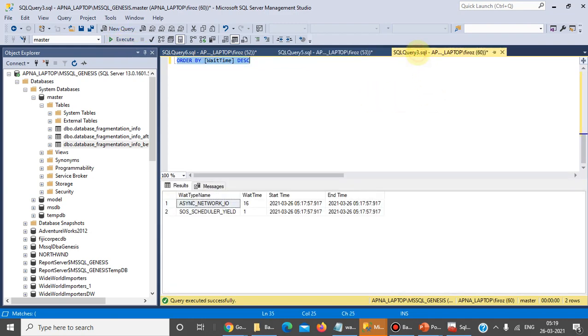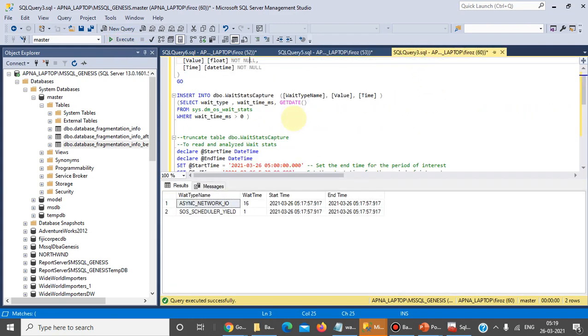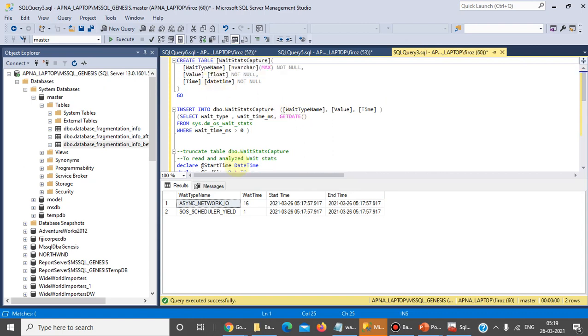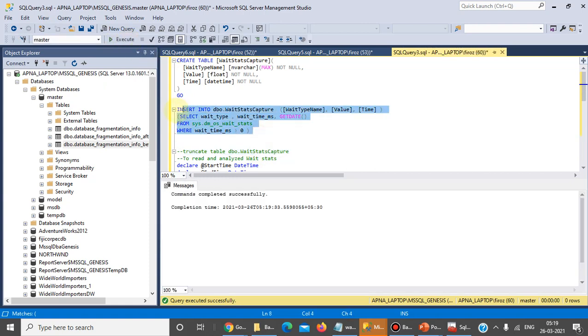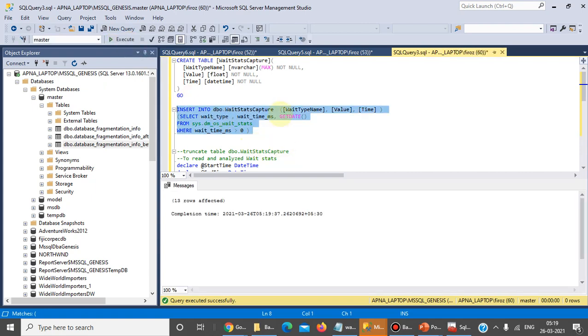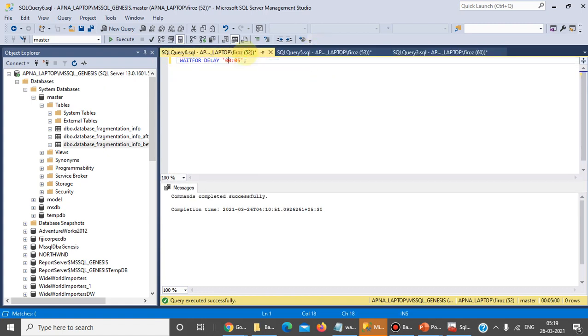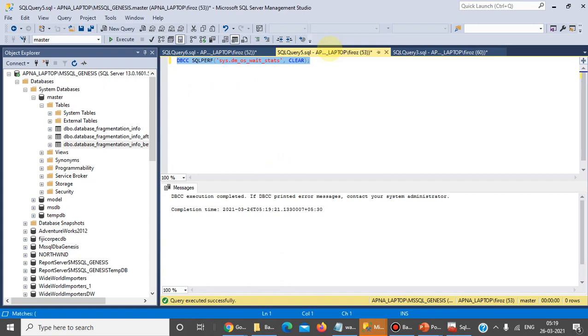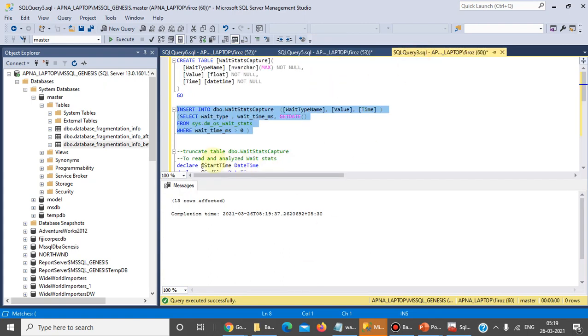After clearing, we already created that table. Let's truncate that table and insert again. After 5 minutes, we will insert again and understand how to analyze this captured data.